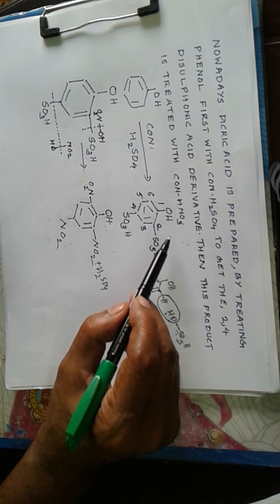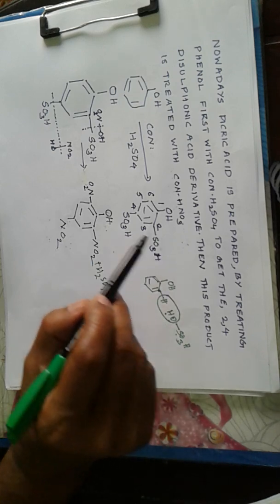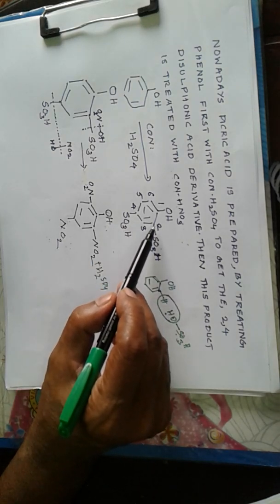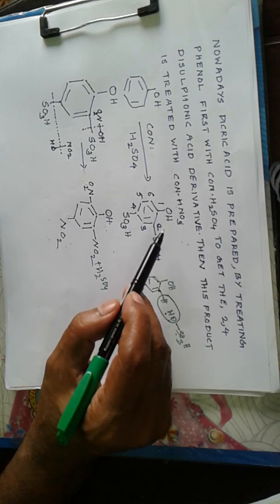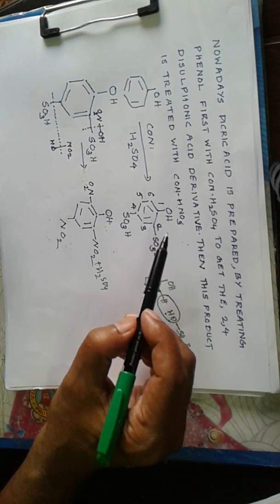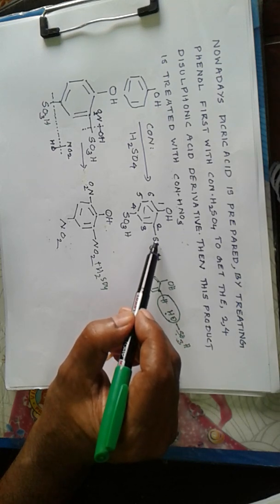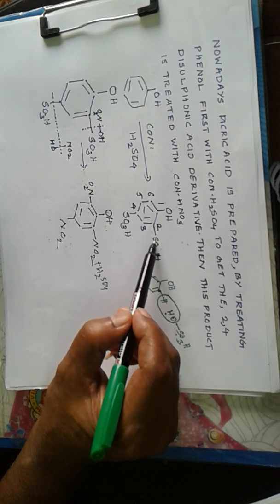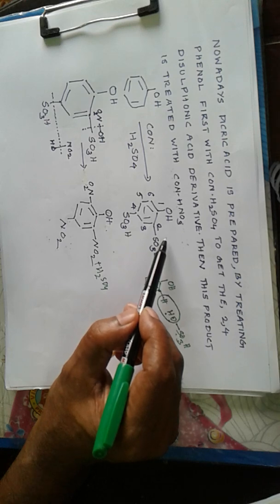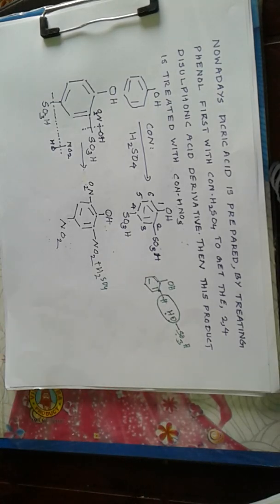Now, the advantage of this method is that the sulfonic acid group is a good leaving group, so it can be easily removed during the nitration reaction with concentrated nitric acid. And again, this sulfonic acid group is less electron withdrawing than the nitro group, less deactivating, because the sulfur atom is less electronegative than nitrogen. So when phenol is nitrated using nitric acid,